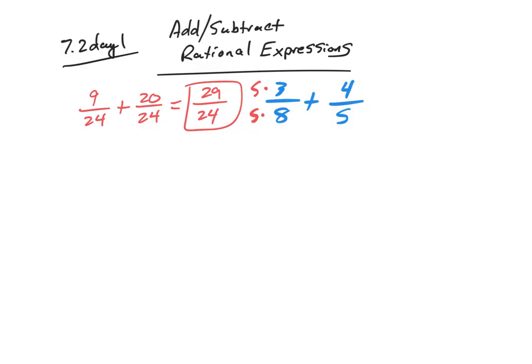I can't just change the denominator. Over here, I'm going to multiply by 8 on top and bottom. So this would become 15 over 40 plus 32 over 40,